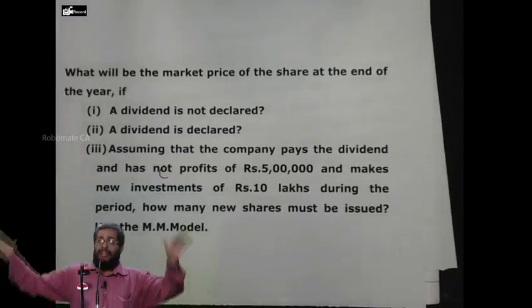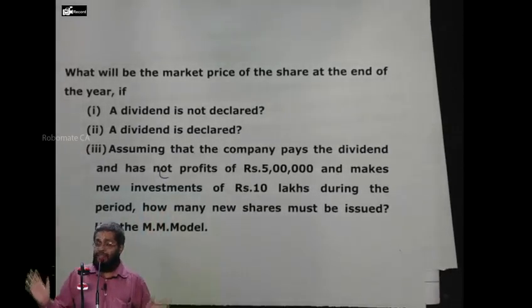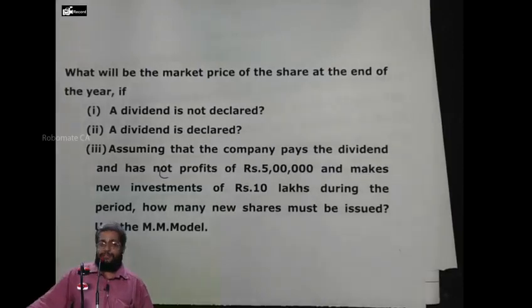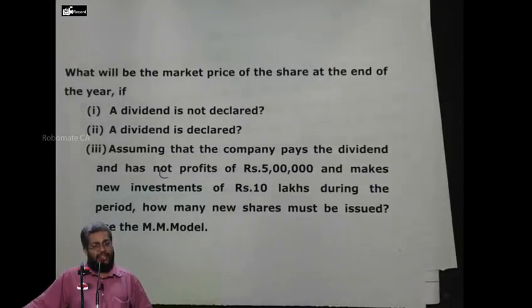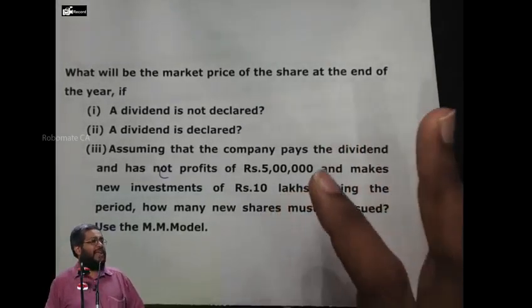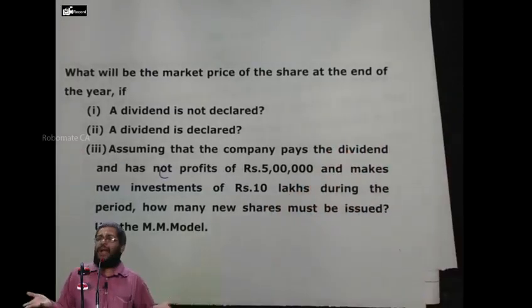Once you find out P1, the question always asks you to find out the number of new shares to be issued. You can do it either logically or simply using what? The formula. What is the formula for the number of new shares to be issued? M P1 is equal to I minus E minus N D1. Once you know that, we can prove the irrelevance of dividend to the shareholders as well as to the investors. A shareholder can either own investment alone or investment with what? Cash, by way of dividend. If no dividend, investment value is higher. Dividend means what? Investment value drops, but cash comes in for him. Yes or no? For a company, it is going to be irrelevant because wealth is going to remain unchanged.